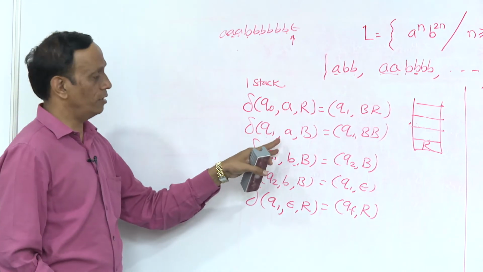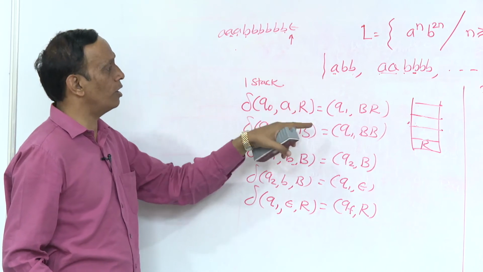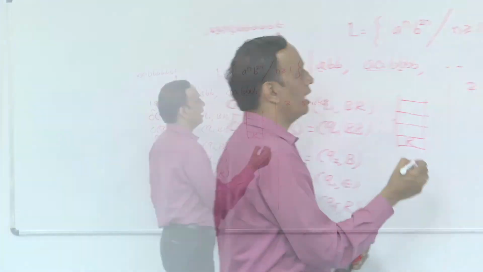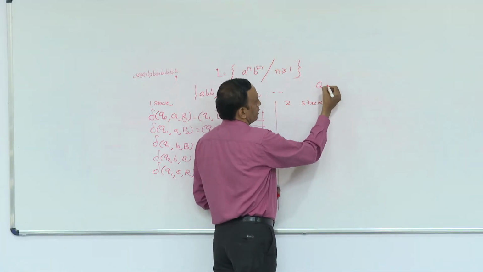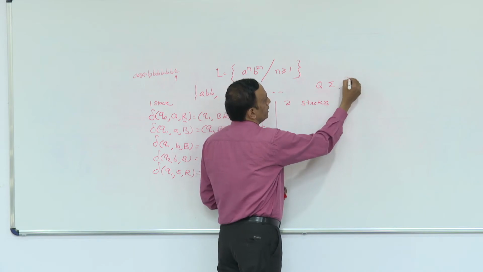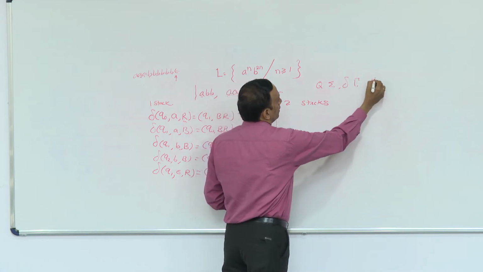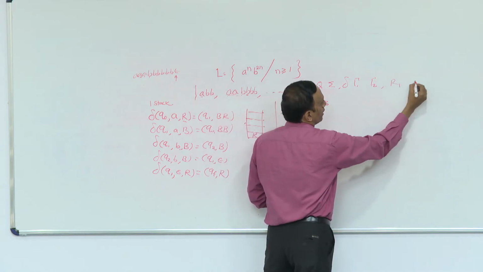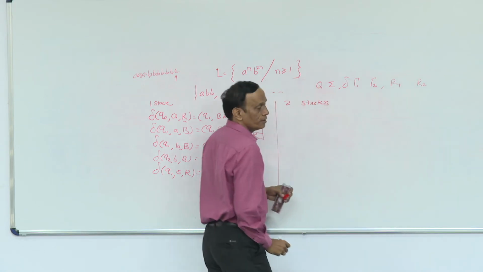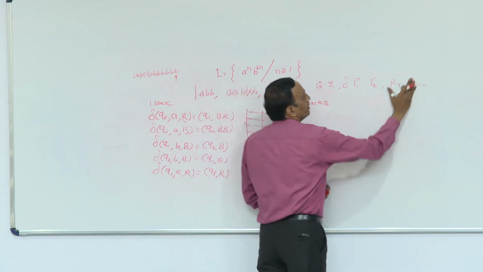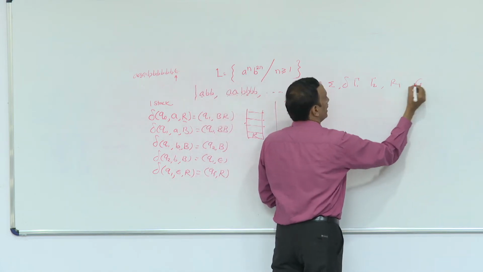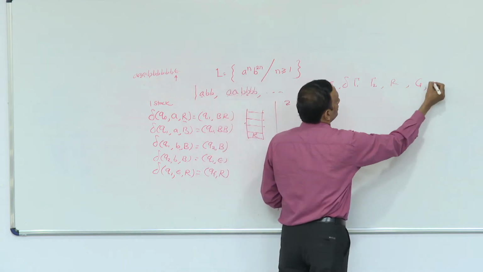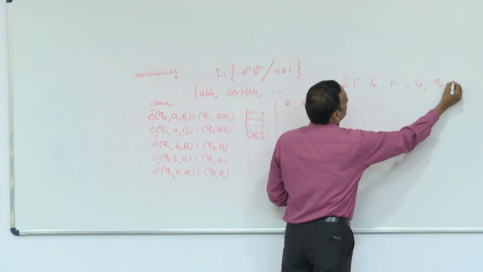Now the same example can be solved using a two-stack solution. Here we had only one stack. Now for this case, we will have the definition of the PDA to be Q, sigma, delta, tau 1, tau 2, for two stacks. For each of them, let us assume that there is R1 and R2, like two different plates, or maybe let us say we have a green plate at the top and we have an R plate. So RG, then you have Q0 and capital F.